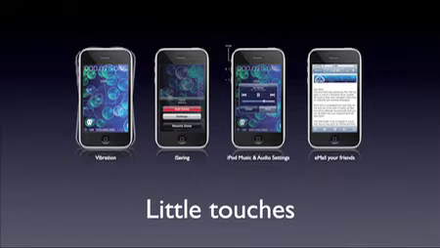Maybe I can do this, and I'll try and do that next time on the bus or on the ferry. Something that I think is really important to make use of is all the little features of the iPhone. Because people are used to the fact that it's a phone and a media player, we have to make sure that we accommodate for all of that. So we've really worked hard to make sure that it makes use of all those features and that our users don't become frustrated.